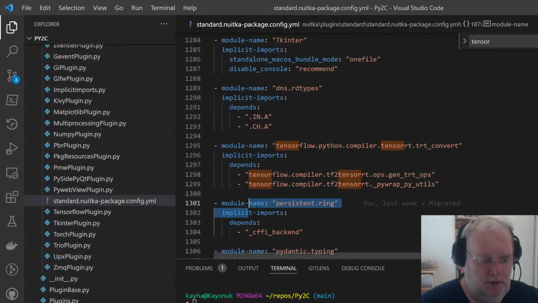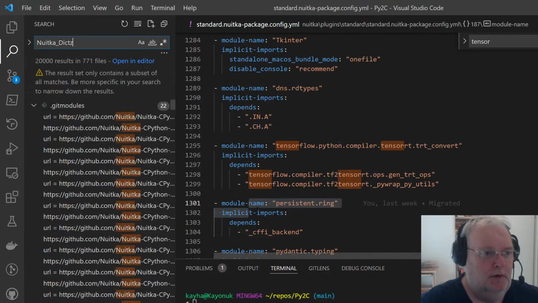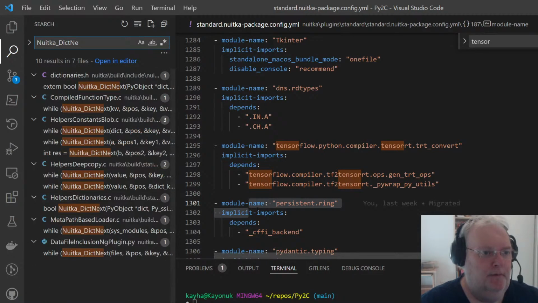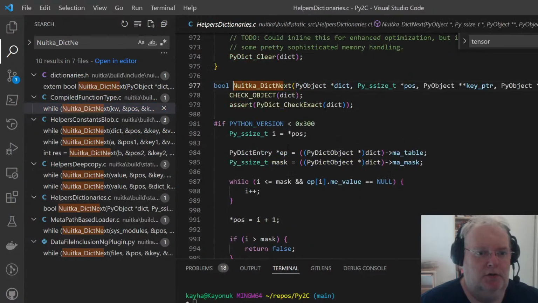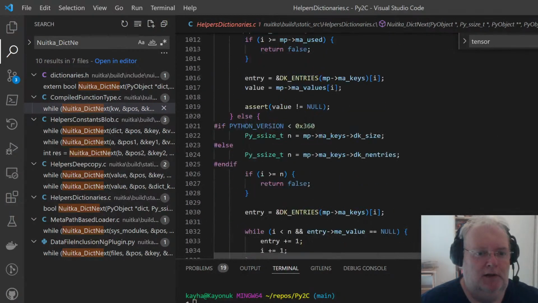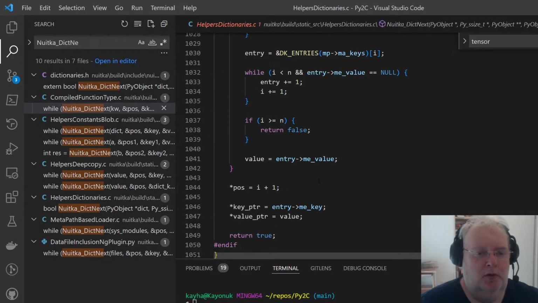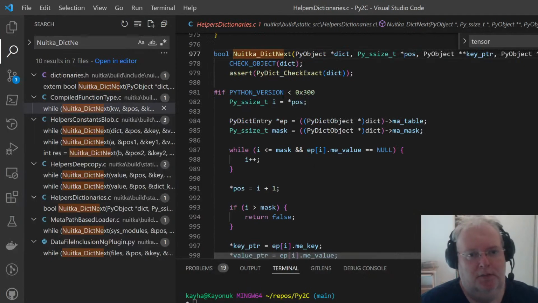So let me go here. Nuitka dict next. There we are. Used like this, much the same as the original function. And this one is just going to do slightly less tests while iterating the dictionary slightly faster, better for inlining.